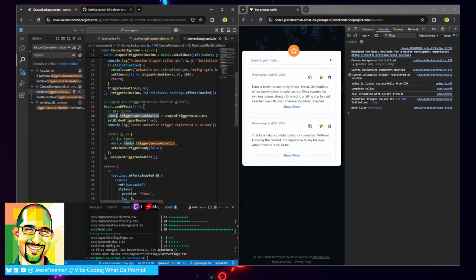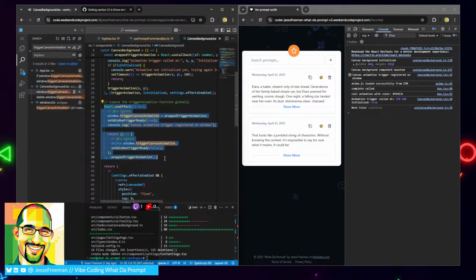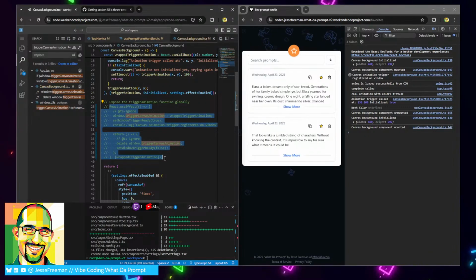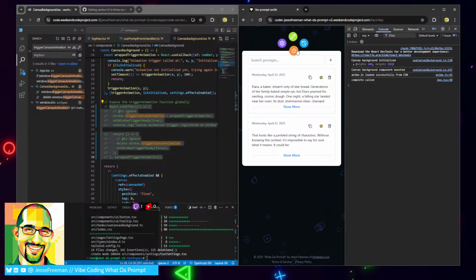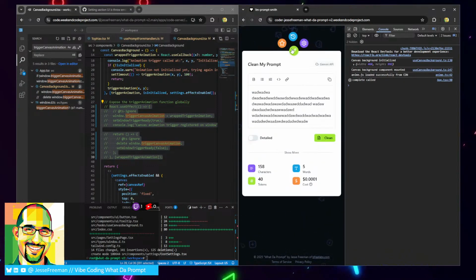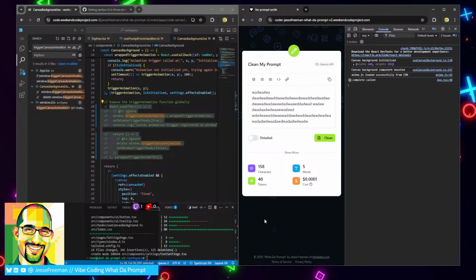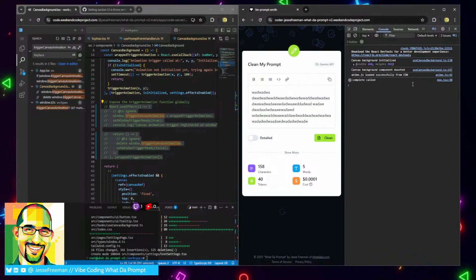Set window trigger ready, console canvas, return, delete, set. I'm going to actually remove this real quick. And I want to see, there really isn't a reason why the background won't be black by default, right? And then when we click on the transition, it will then do the color animation, and that transition needs to come in from the section. So what we really need to do is make sure that when the section is loaded,